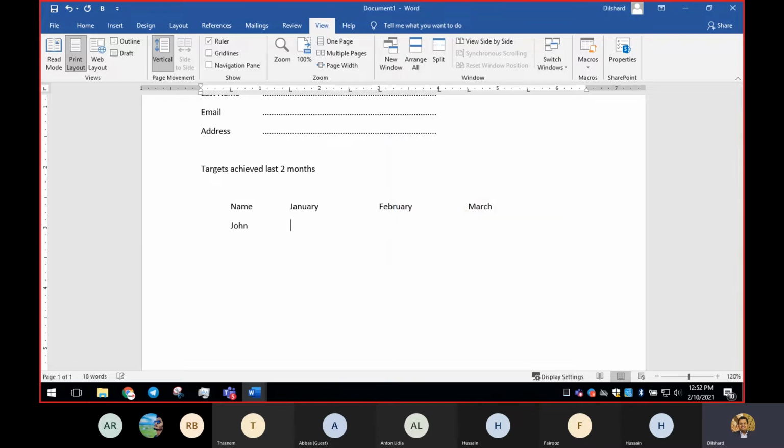Now I'm going to say John, and I'm going to have this. If you need space, you're going to press enter. If you need, like shift enter, you're going to keep on pressing tab, or press shift enter. In my case, I'm going to press enter since I found no proper space. Now we have it.